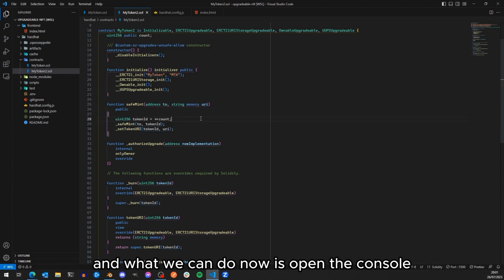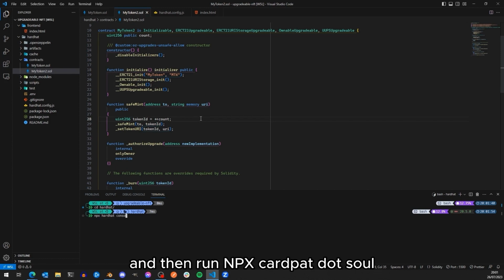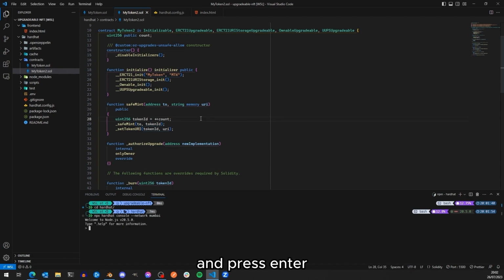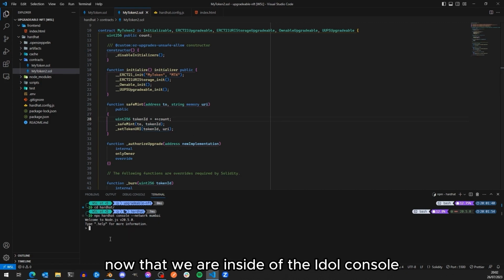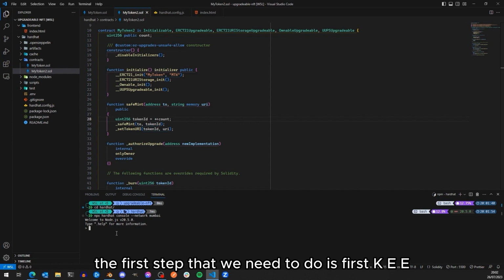And what we can do now is open the console and run the Hardhat console. In order to do that, we first change directory to the Hardhat directory, and then run npx hardhat console, passing in the network flag and the network that we want to connect to. And press enter. Now that we are inside of the Hardhat console, the first step that we need to do is create the